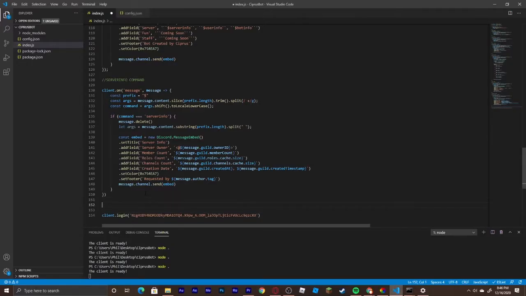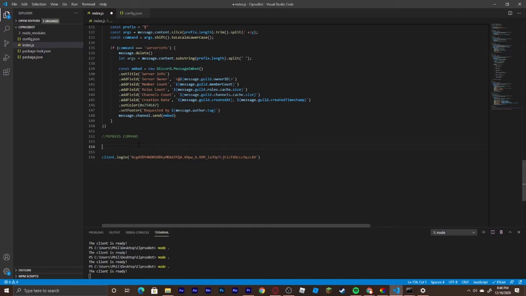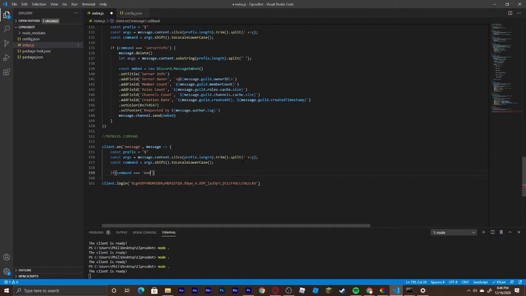So once we finish that, we can now move on to another command. This will actually be our member count command. If you do not want to use the server info, you can just use members. So I'm going to say that this is just the members command, and we're going to do the exact same thing as up here. You can go ahead and just copy this whenever we use this, because this is the beginning of most of the commands that we use. So we can just go ahead and copy all of that. And then we can go ahead and say if command is equal to members, then let args equal